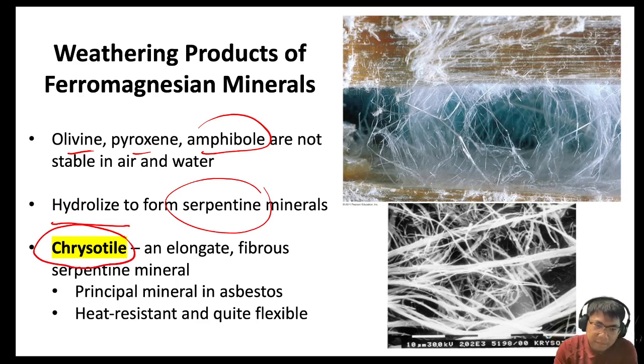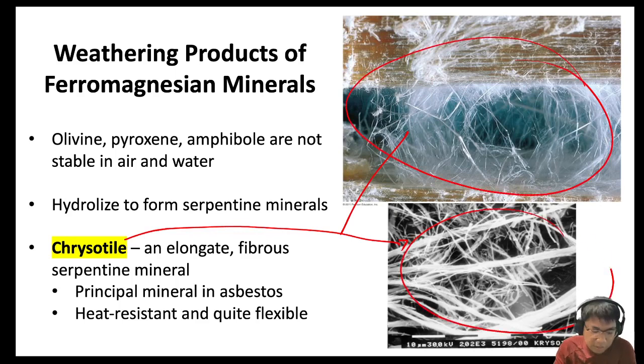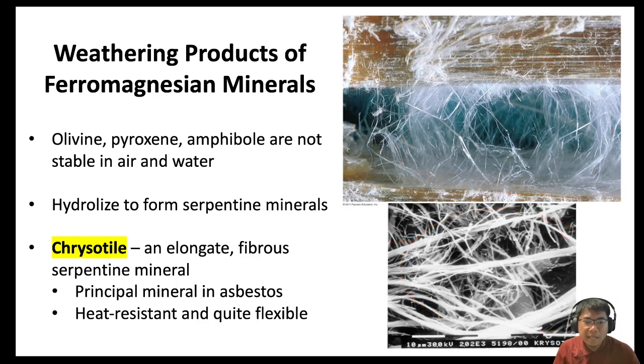Now, this one is something that I have to mention here. Chrysotile looks something like this. So these are chrysotile right here. This is a picture of chrysotile, and as you can see here, it has some elongate fibrous serpentine mineral. These are minerals that actually make asbestos. I'm pretty sure you've heard about asbestos before. Asbestos is actually widely used in the United States,